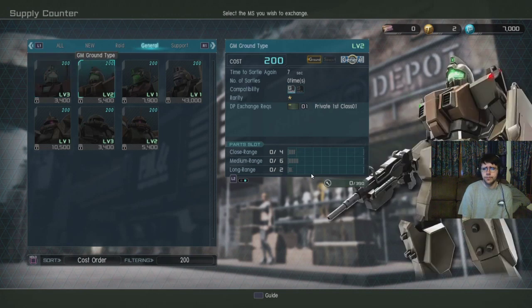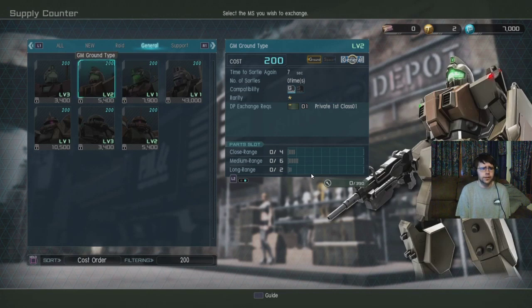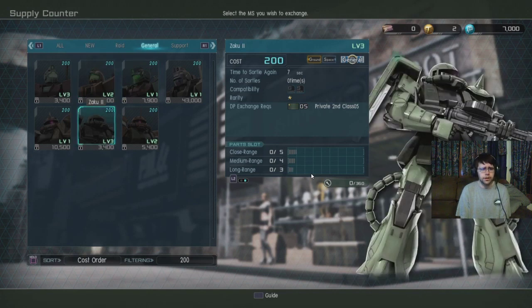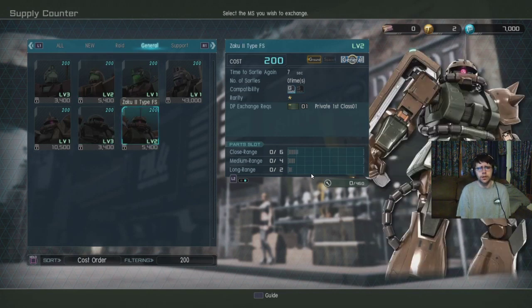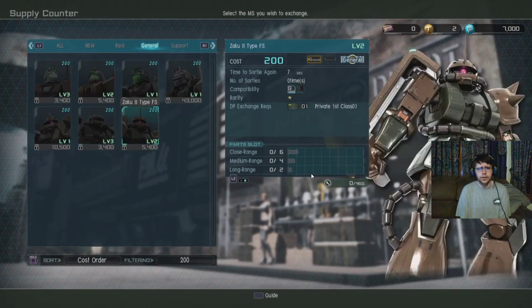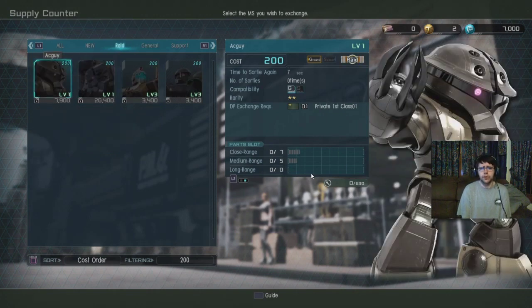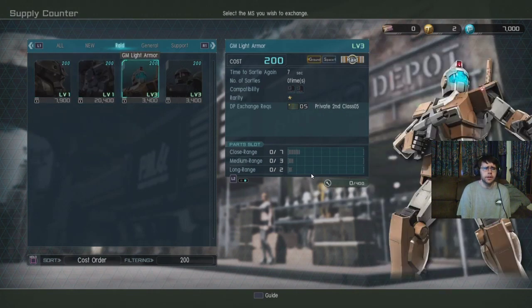It's not bad. What I would try to get to is private first class and get either the Kai or the ground type. They're pretty solid. The Zaku 2 type FS isn't bad either. Out of the 200 cost here for general, I would work your way toward one of these. Now, in the raid section,